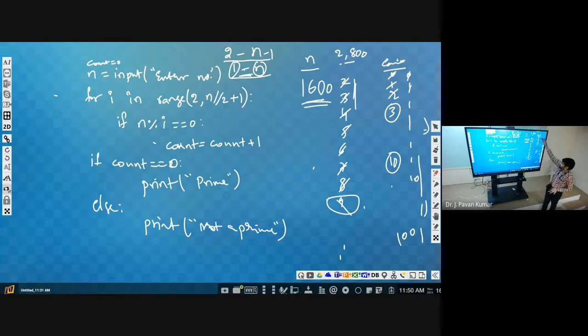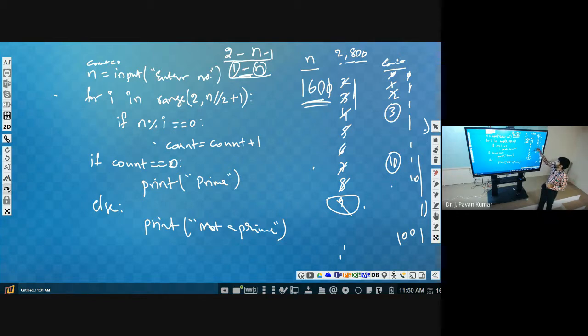So do we need to check up to 800? Up to 800 we need not check. Let us consider 1601. In order to determine whether it is a prime or not, what do we have to do? 2 to 800 around. We will keep on dividing and check whether the remainder is 0 or not.